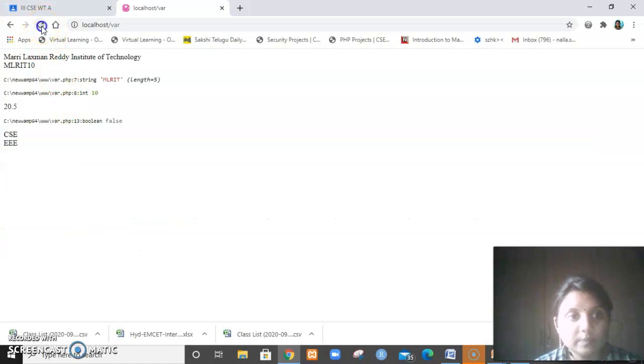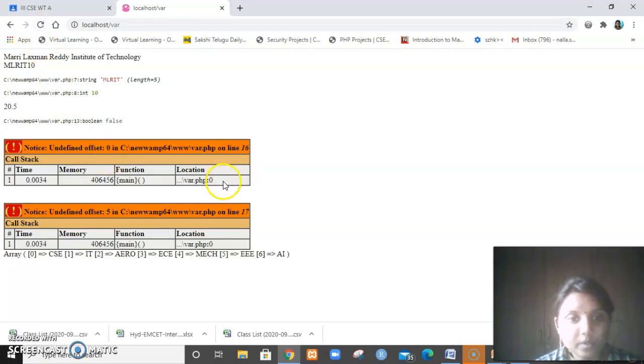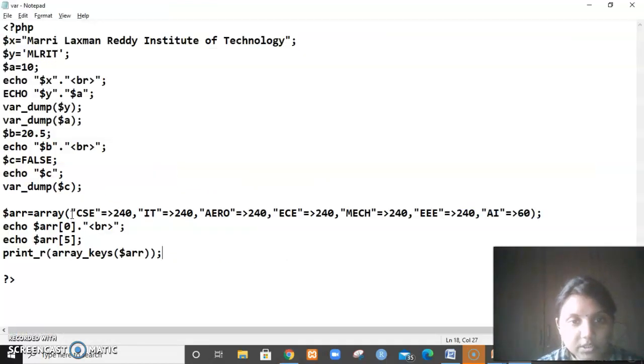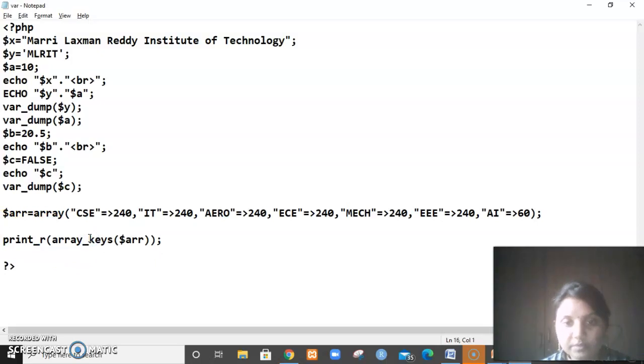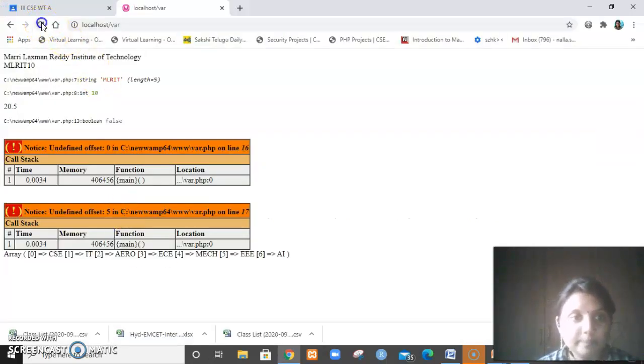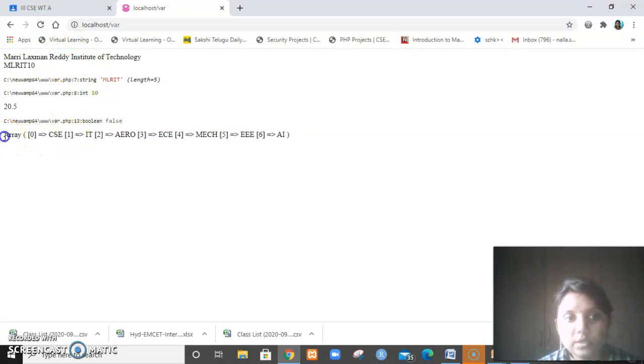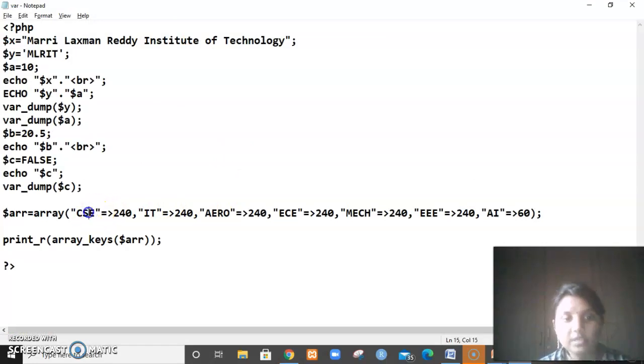I'm just refreshing. Line 16, 17, undefined offset you are getting. Let me check. I'll remove these, because we have changed the arrays into key-value pairs. Right, so this is what you are getting. All these are keys, so we have given them as keys.